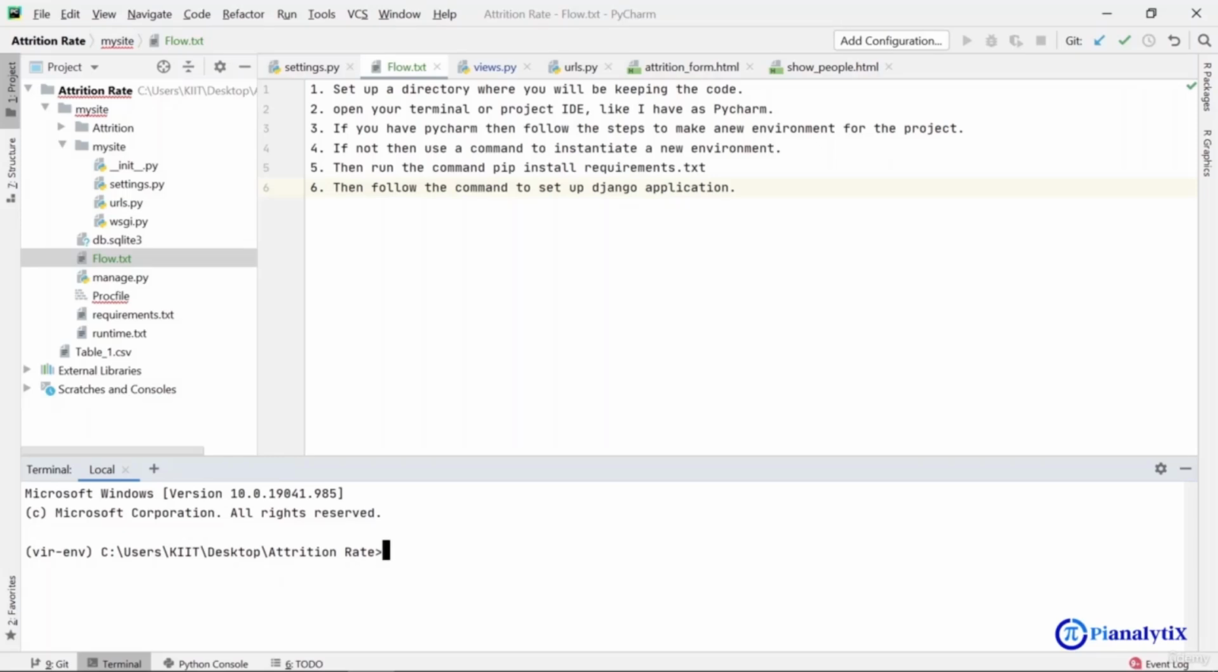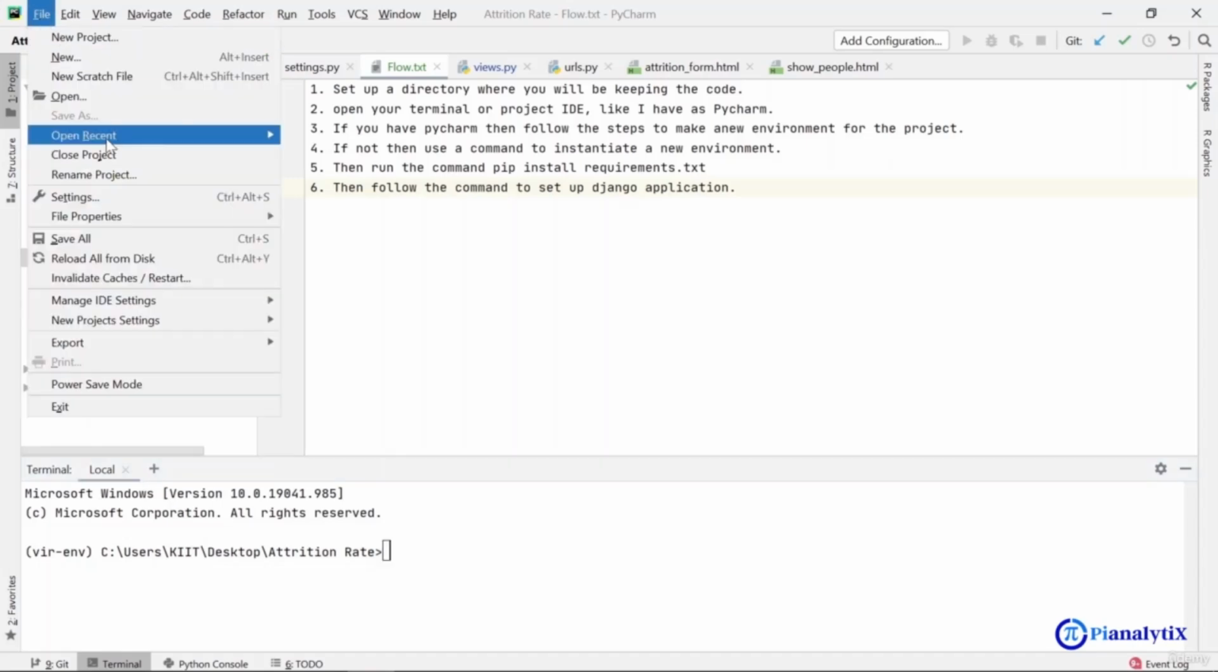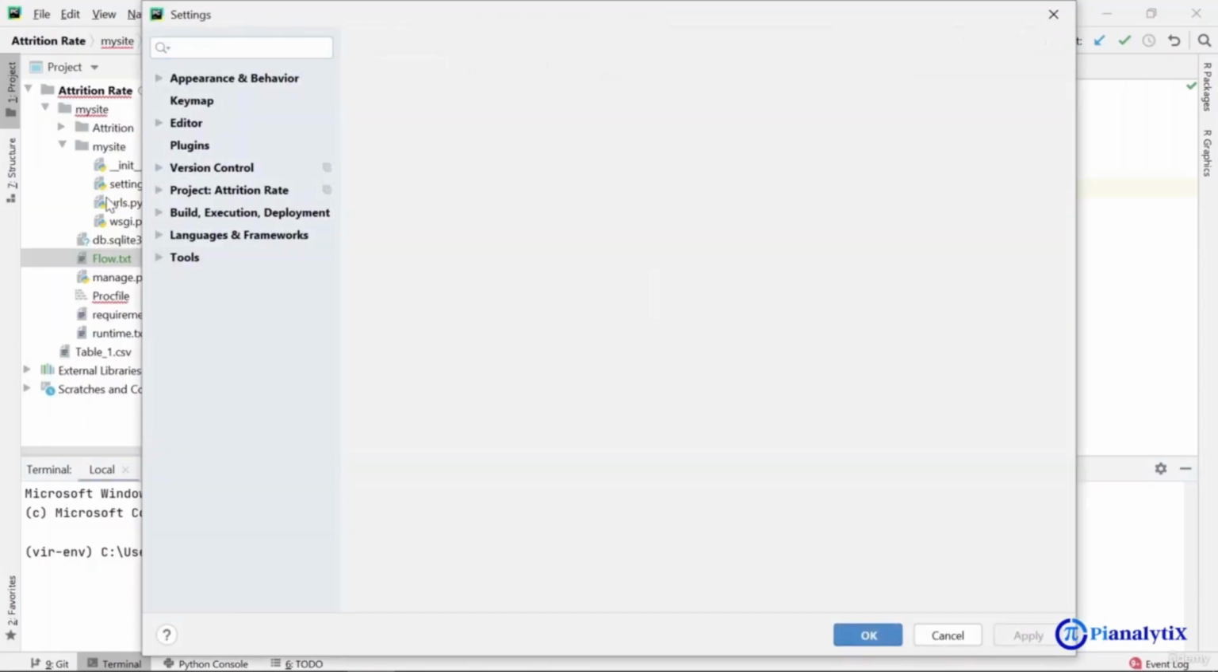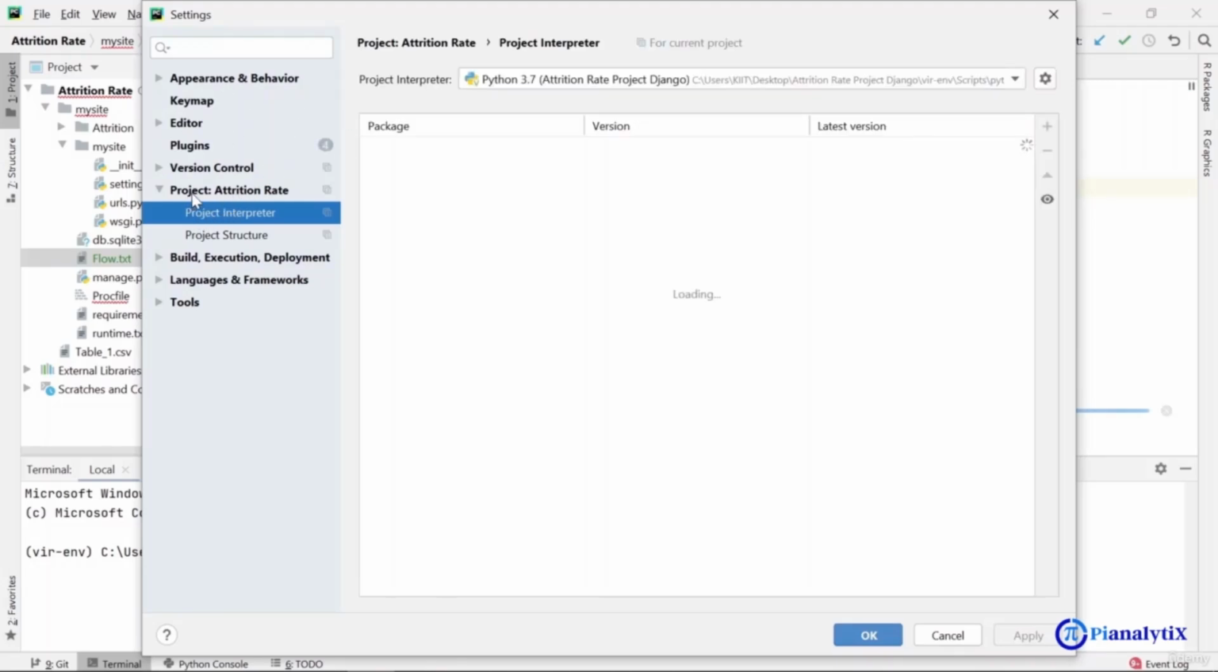Now you can see that the second point is to open your terminal or project IDE. I have seen a lot of people using a project IDE, and I'm using one myself, but you can also work directly with the console. If that is the case, then you would need to type in the commands for the console. I'm just going to show, if you have an IDE like PyCharm, you can go to your files, go to your settings,